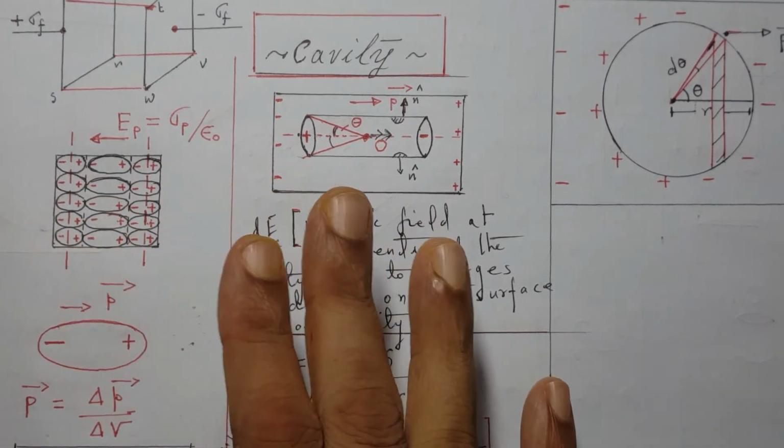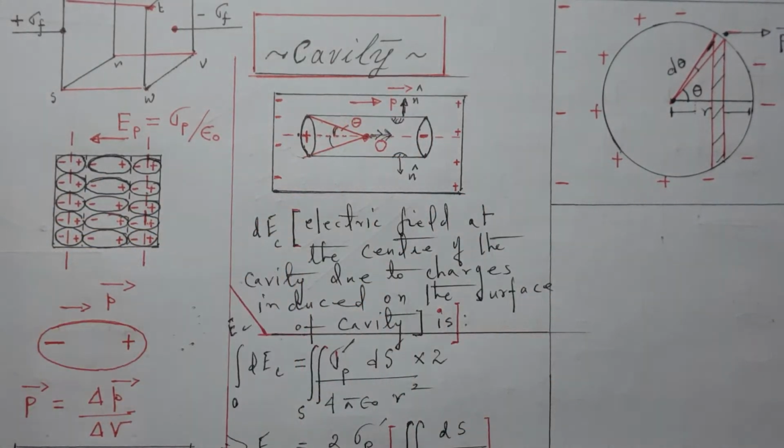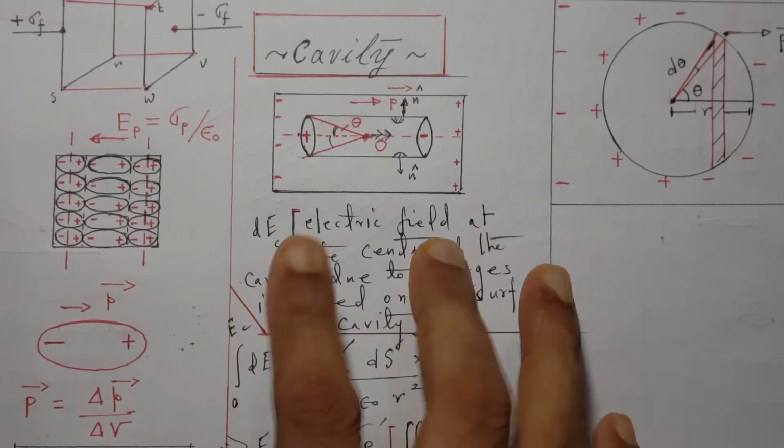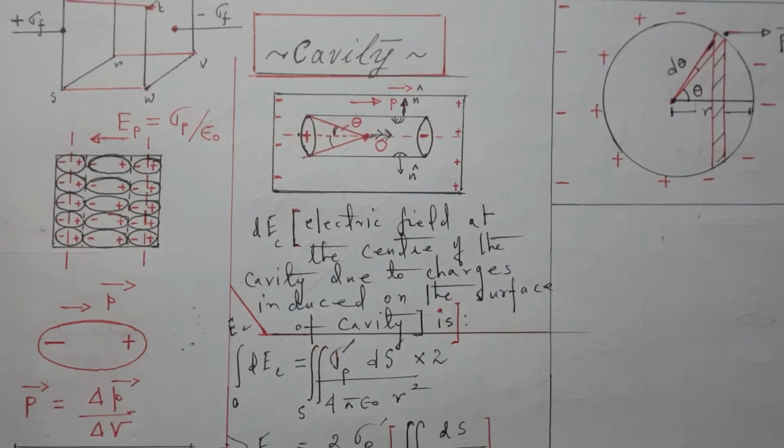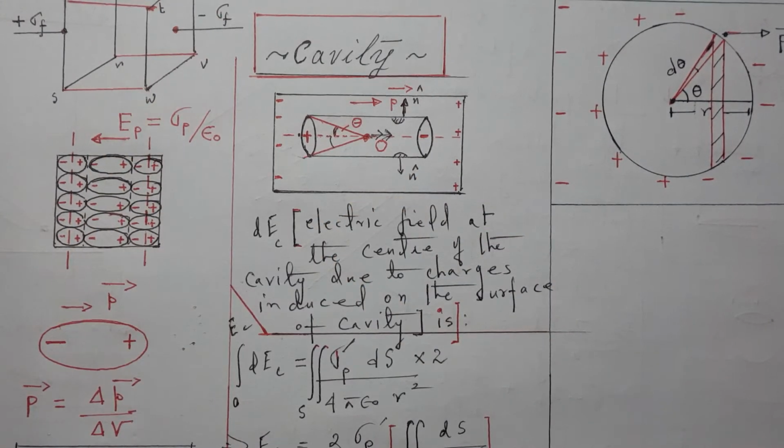So we have assumed that our dielectric slab is perfectly unpolarized. It's an unpolarized, isotropic, perfect, homogeneous in configuration dielectric slab. So the fourth factor does not contribute to any electric field. So primarily these are the three things. Already two things we know, sigma F by epsilon naught and sigma P by epsilon naught.